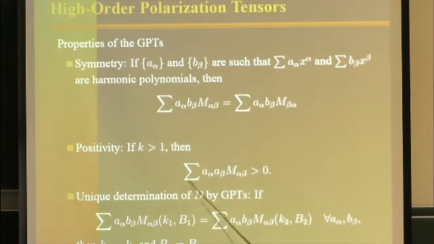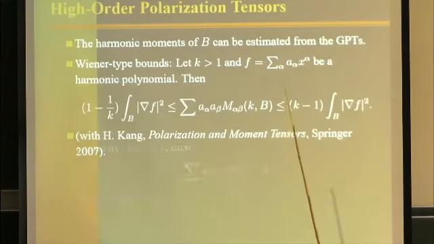But in practice, you will never get all of them. You will stop at some order. You will get 3, 4, 5, 6. So the idea is, from 5 or 6 polarization tensors, what kind of reconstruction can we get? Can we get a super resolved reconstruction? Okay, so